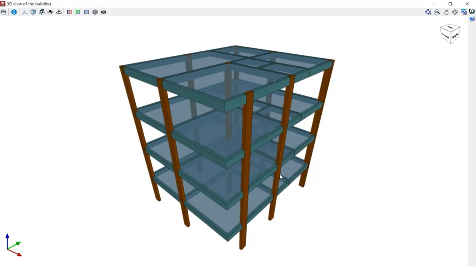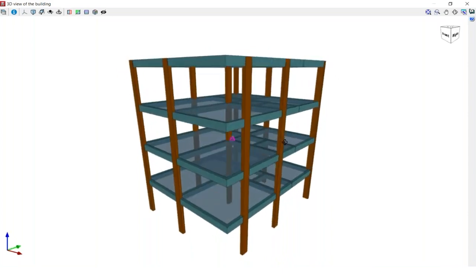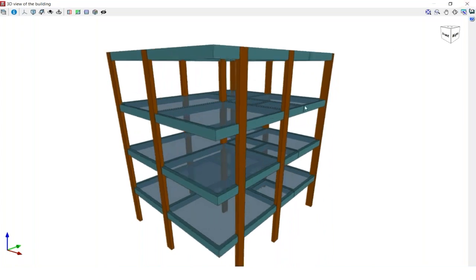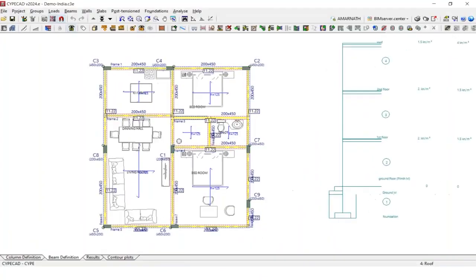You can just imagine if you're doing a very complicated building, maybe 15, 20 floors. I don't think you need to put any effort beyond this. A very simple software, very easy to use. I enjoy it. I really enjoy it. Anyway, so if you want to add some more features, like maybe,